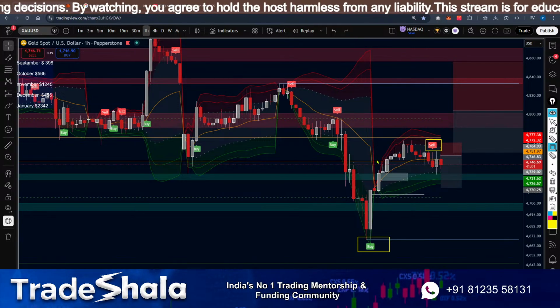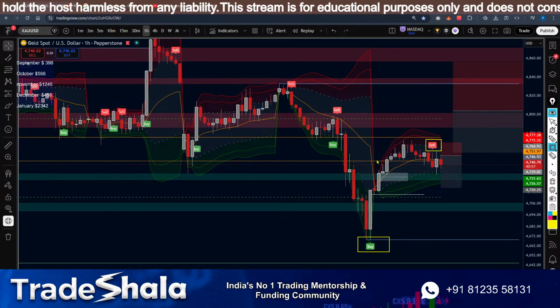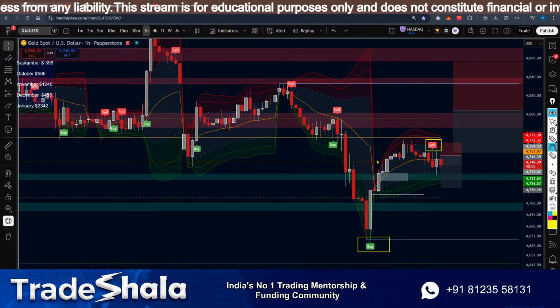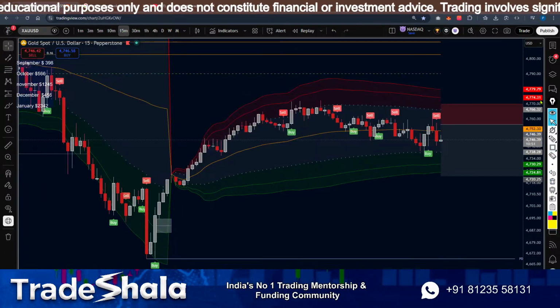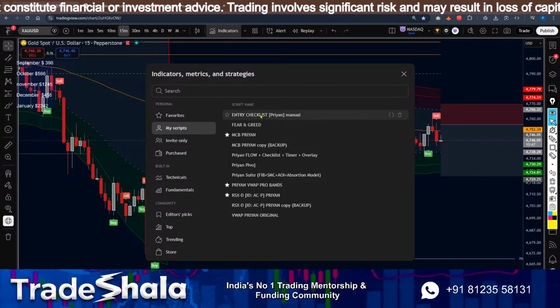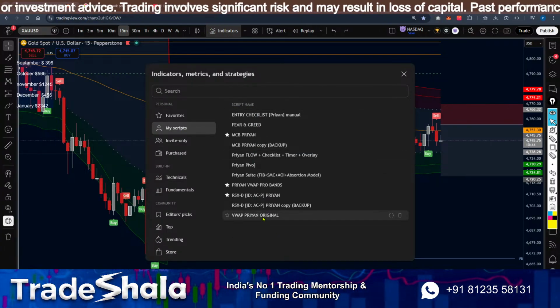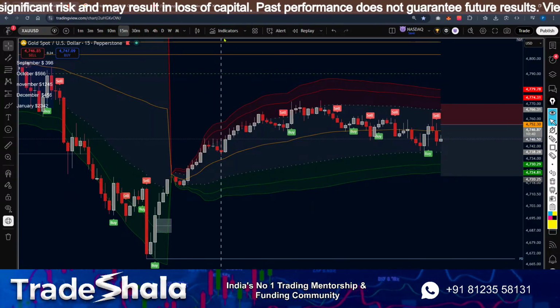I don't trade because of the sell or buy. I trade because that is my idea, and the sell is like another confirmation. That is how it is. Okay, so I highly recommend VWAP. Use VWAP. Go to indicators. I have made a customized script for myself using the VWAP. It is so crazy.